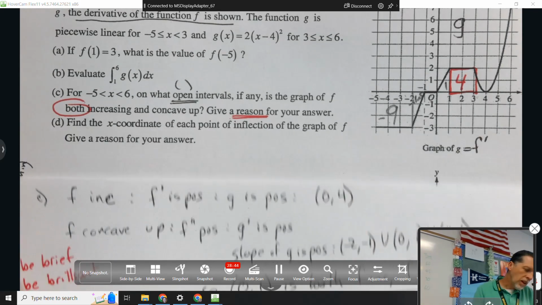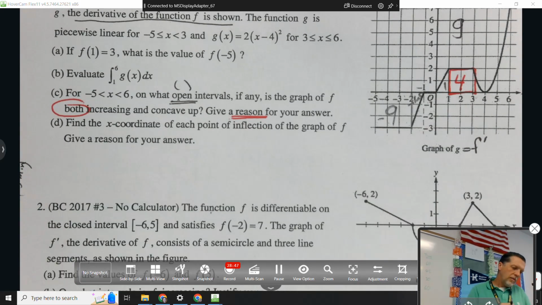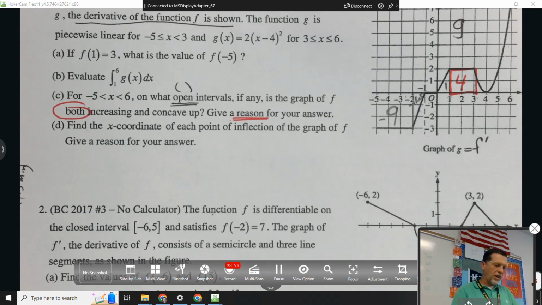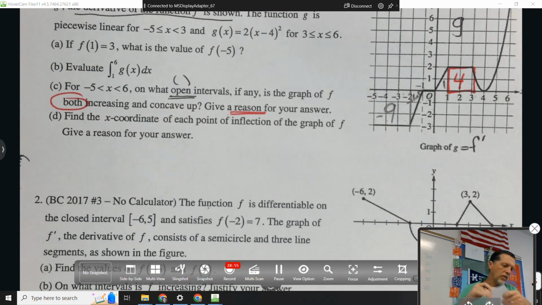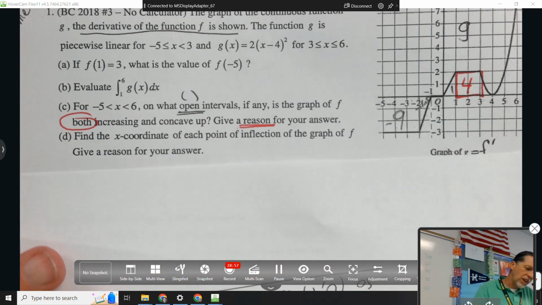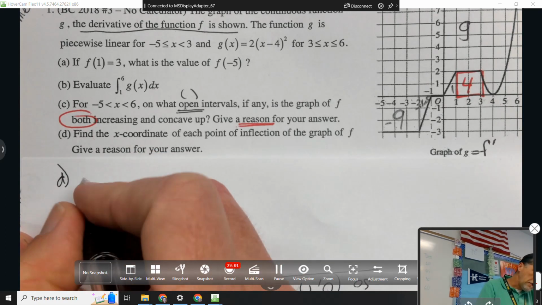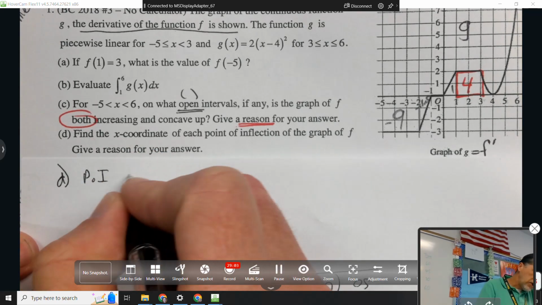Part D. Find the x-coordinate of each point of inflection. Give a reason for your answer. And as always, if you give a reason for your answer first, that usually tells you what to look for. So a POI of f